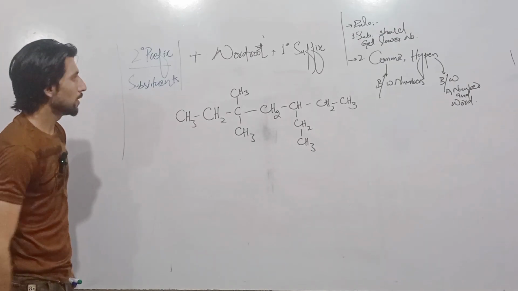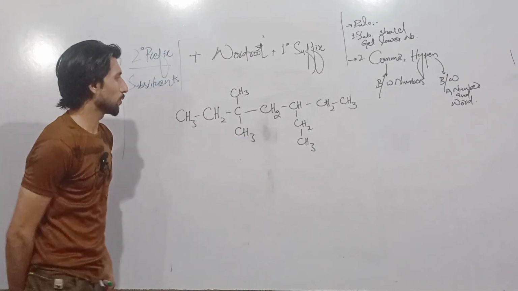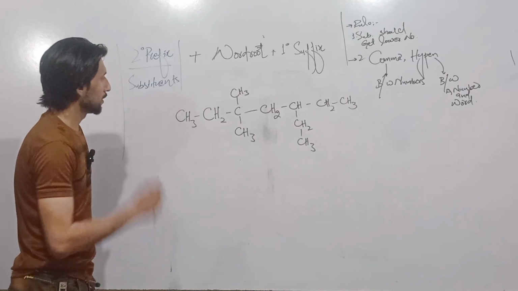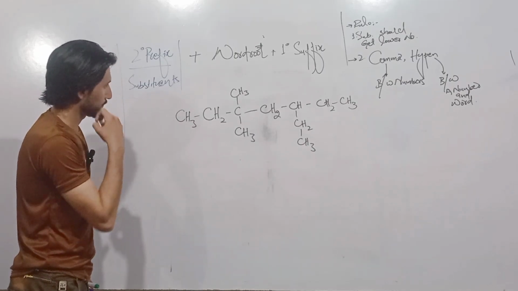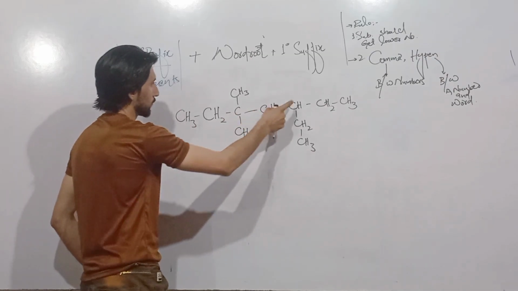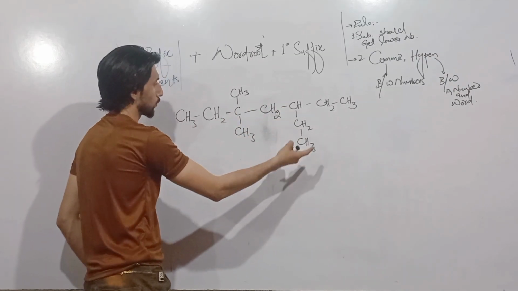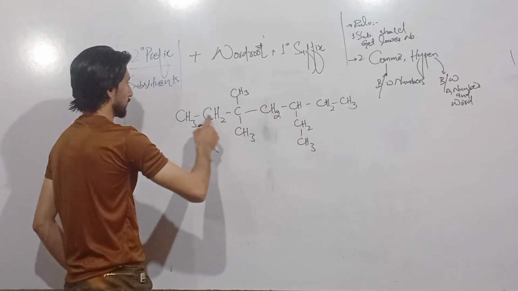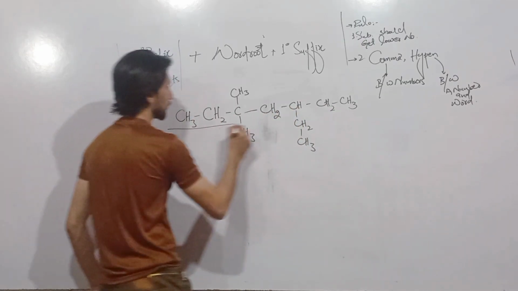Now let's try. First of all, we should take our main chain. Which one is our main chain? Suppose we take 1, 2, 3, 4, 5, 6, 7. This one could be our main chain, or 1, 2, 3, 4, 5, 6, 7, this could be our main chain. Suppose this one